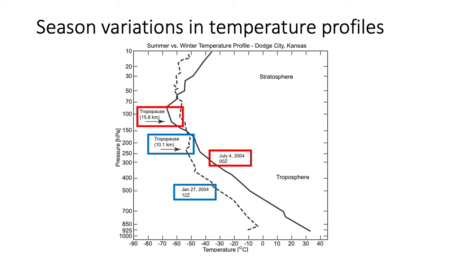Instead of being at 16 kilometers, it's at 10 kilometers. And instead of being around minus 65 to minus 70 degrees or so Celsius, it's around minus 55 degrees Celsius. So it's warmer and lower. This is a fairly common thing we're going to see,